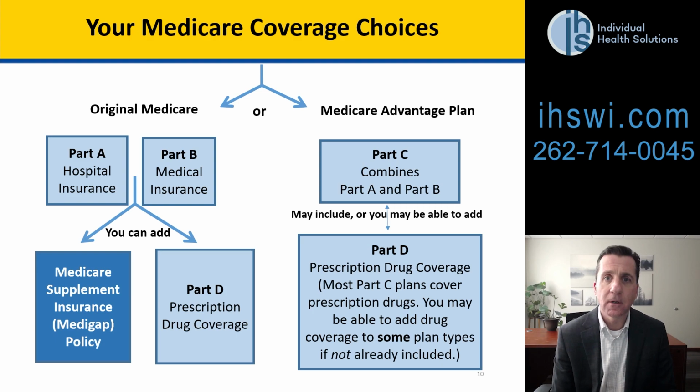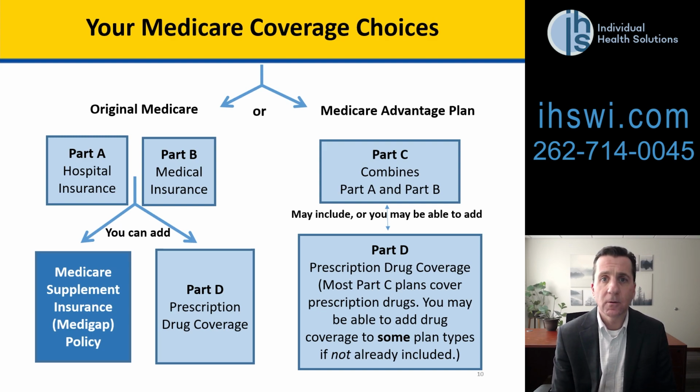And then the third component would be that we add a Part D standalone prescription drug card. And so under this scenario, the individual is in original Medicare. So Medicare is their primary, the supplement is their secondary coverage, and the prescription card, or also known as Part D, handles their prescriptions. This option, the individual will pay higher monthly fixed costs, but will tend to have lower expenses out of their pocket when it comes to their healthcare related expenses or costs.